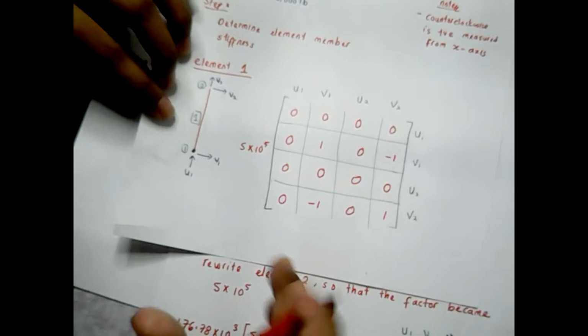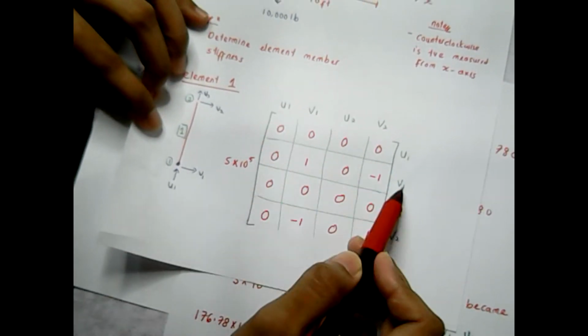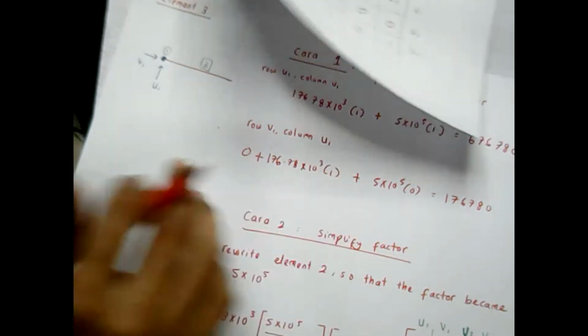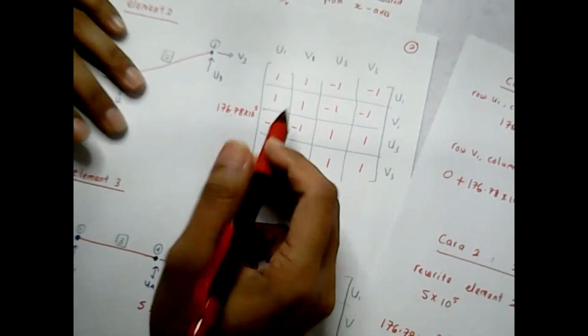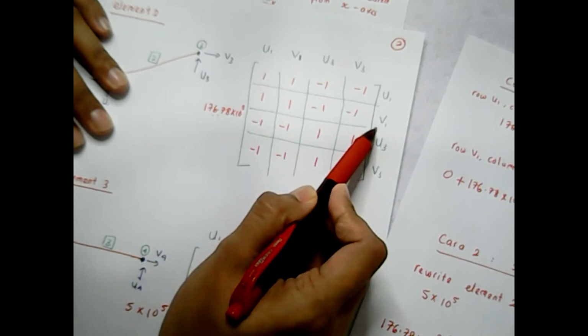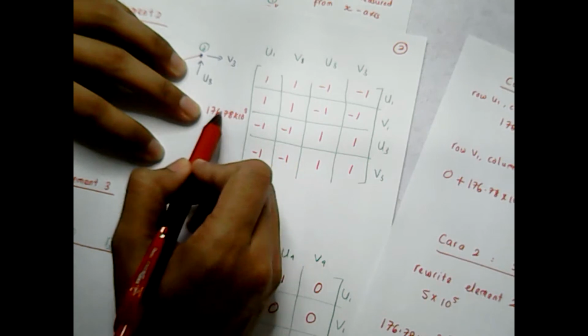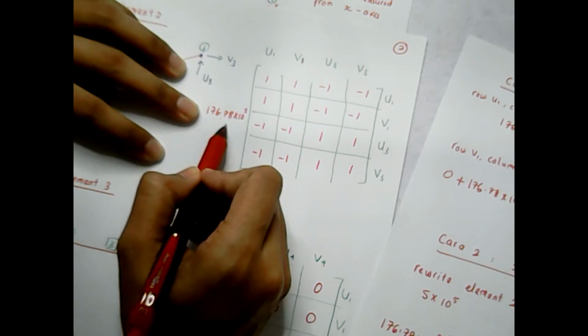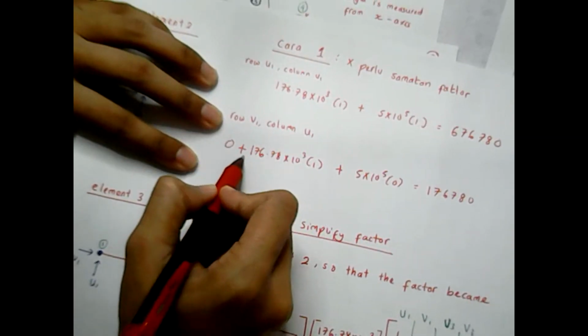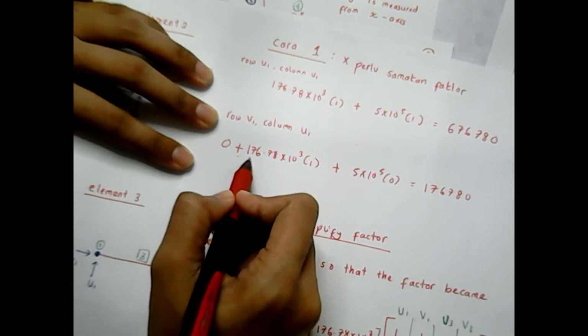Just a second, let me write it up. So u1, v1, 0. Okay, 0 plus, let's look at number 2, u1, v1 is 1. So 1 times with the factor out there, 176. So plus coordinate here,